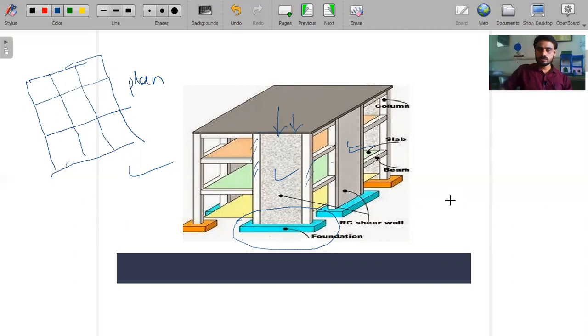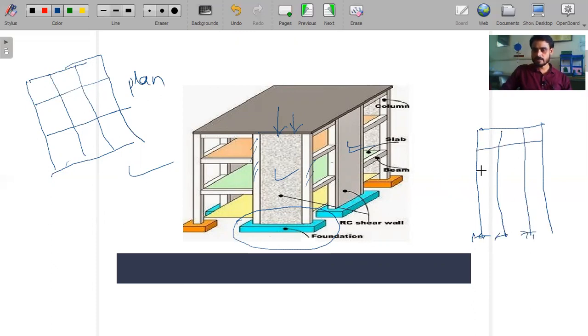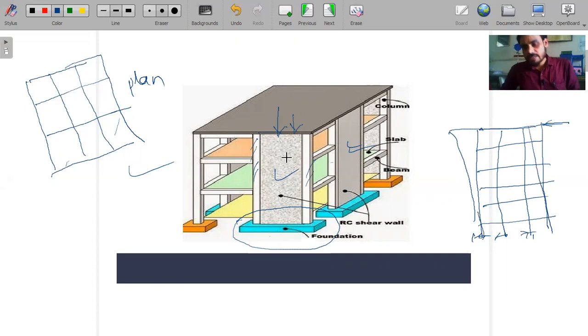If we talk about the elevation, we have taken a frame from here and drawn it here. That is the elevation view of that multi-story building, with any number of floors. The location or placement of shear wall is chosen so that the structure ensures maximum lateral stability. Against lateral thrust, the structure should be stable and should resist buckling. So the location or placement of shear wall is important.